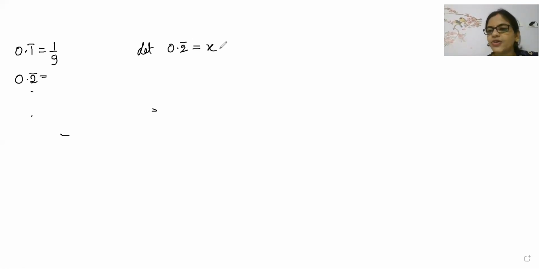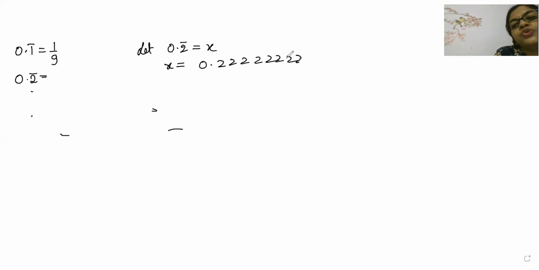Keshav, bang on, 2 by 9 is the correct answer. But beta, I have to solve and explain, because in the exam you have to solve and show the steps. Avinash correct, Ashwin correct. So we will write x is equal to 0.22222222222. Very good, beta. So it will become equation 1.